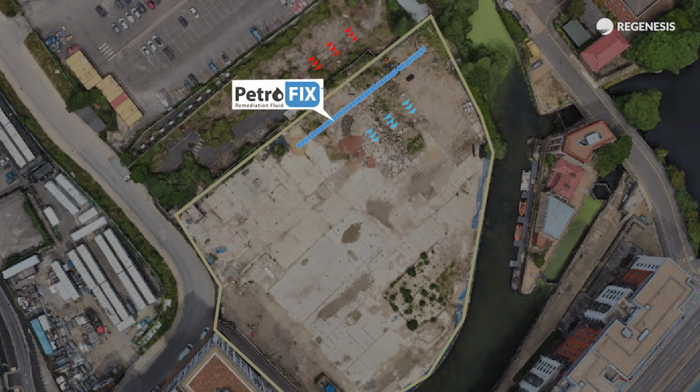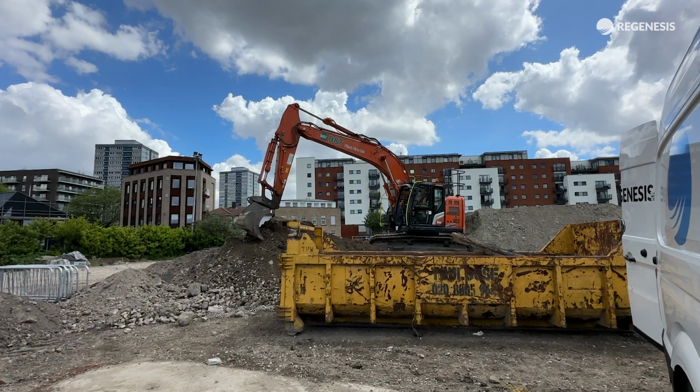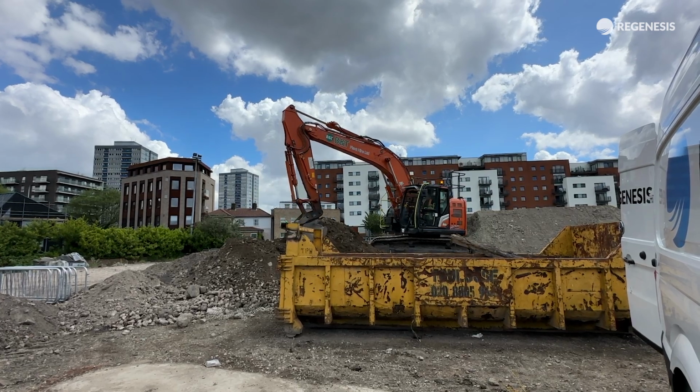In addition to the PetroFix permeable reactive barrier, the main contractor is also carrying out hotspot soil treatment on site. ORC Advanced is mixed into the saturated soils into 2 targeted excavation areas to enhance the biodegradation of the residual contamination. So the PetroFix barrier we're installing is going to be 60 metres in length and is running from right